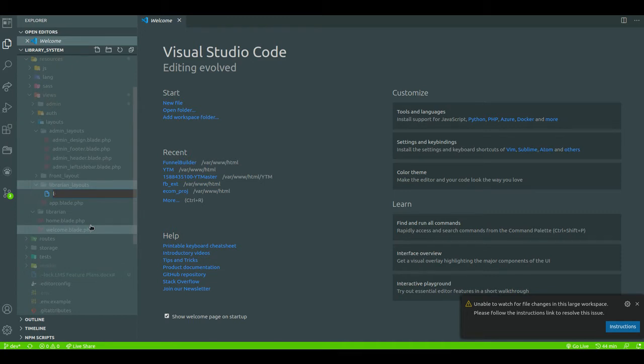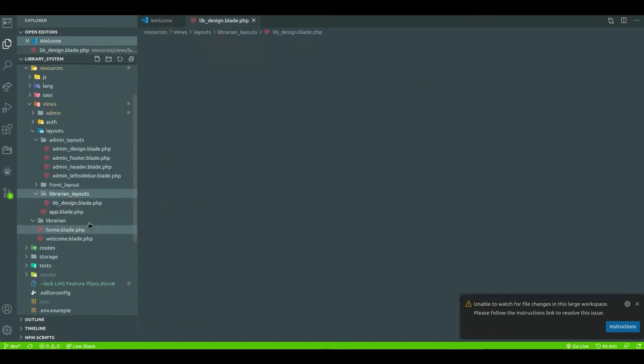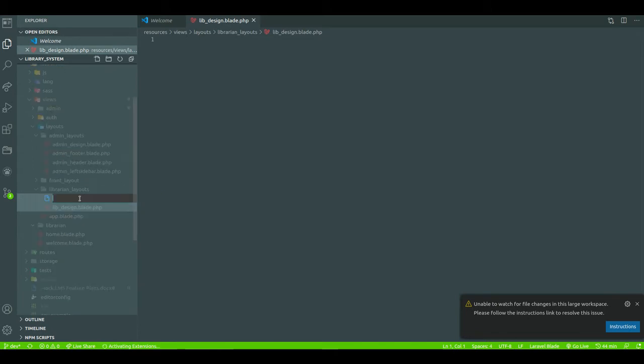So in the librarian layout, create them all with the prefix leave. Leave design dot blade dot php. Another file we need, leave left sidebar dot blade dot php.